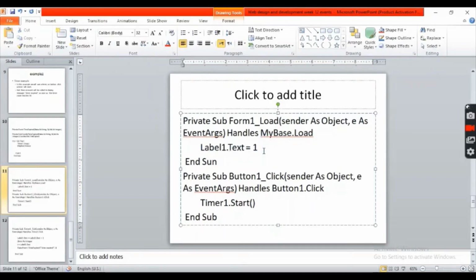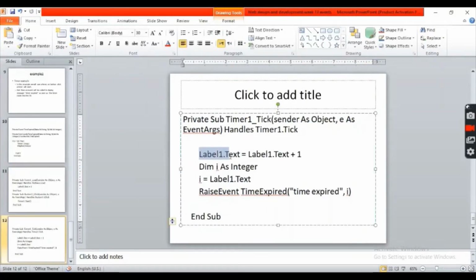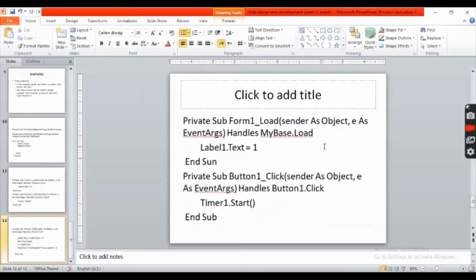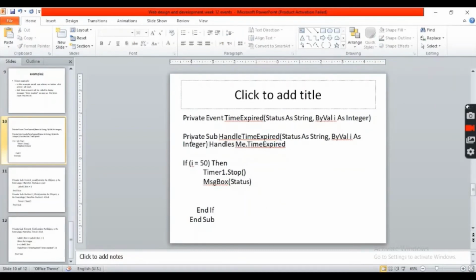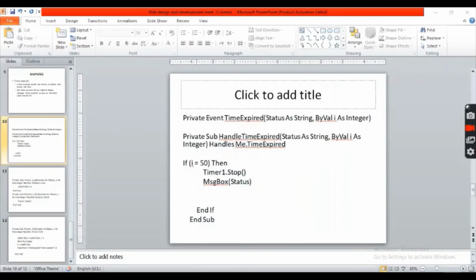Why? Because initially we want it to be 1, and then it will go on incrementing. We will increase the value by 1, 2, 3, 4, so that as soon as the timer ticks from 1, 2, 3, 4 and so on, the value goes here, and this is the main event, the timer tick. I will explain one by one as I take this code. I have created this, let's see here.